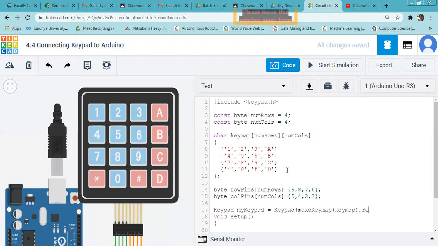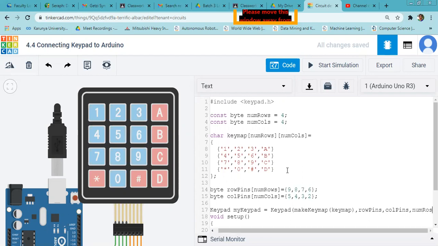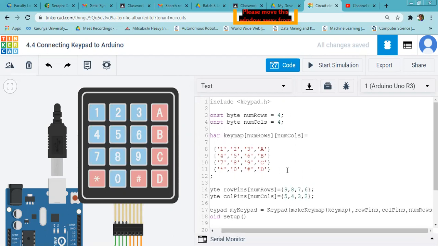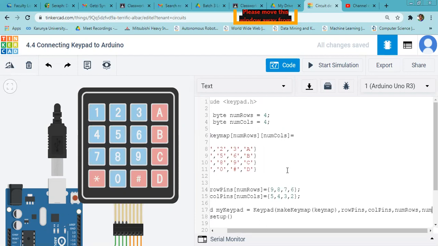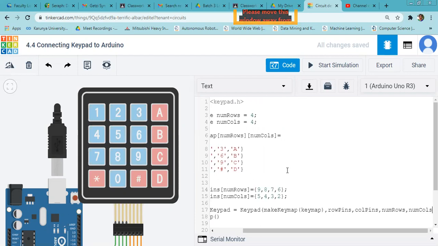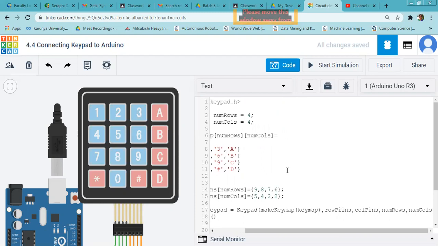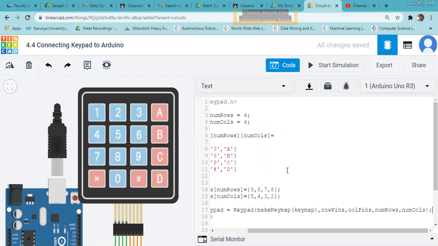Then take the row pins and the column pins into account. Then number of rows, comma, number of columns. So the instance is created.